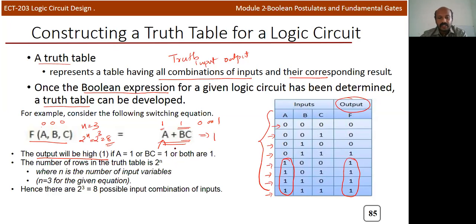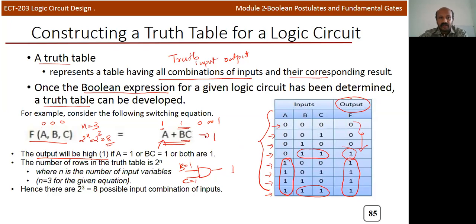And another option, the function can take value 1 when b into c is equal to 1. So that is actually an AND operation. bc is equal to 1 only when b is equal to 1 and c is equal to 1. So again, if you look at this particular combination, here you will get b and c equal to 1. Here also b and c is equal to 1. This is already considered equal to 1 because a is 1 here. Now we get one more condition where the output is equal to 1. In all other combinations, output will be 0.